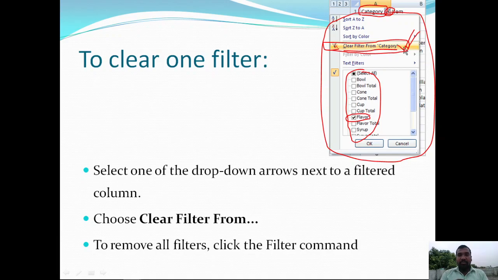So whenever you remove a filter, all the information will be displayed. Select the drop down arrow next to the filtered column, choose Clear Filter From, then remove. To remove all filters, click the Filter command.